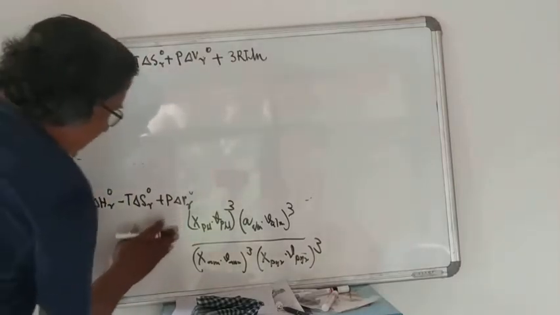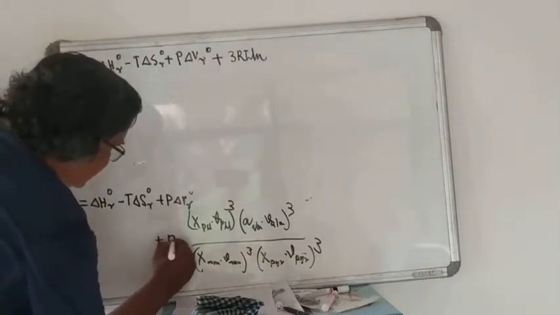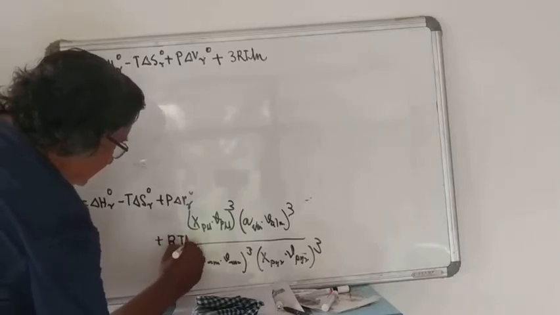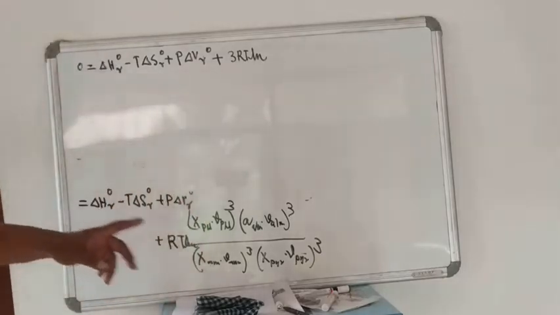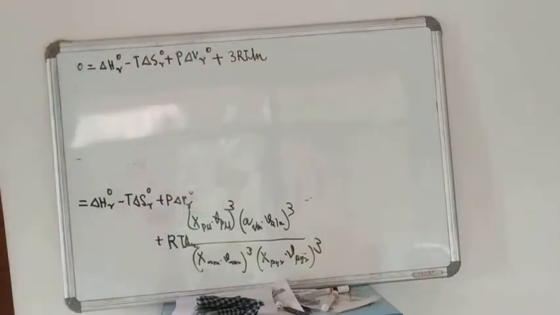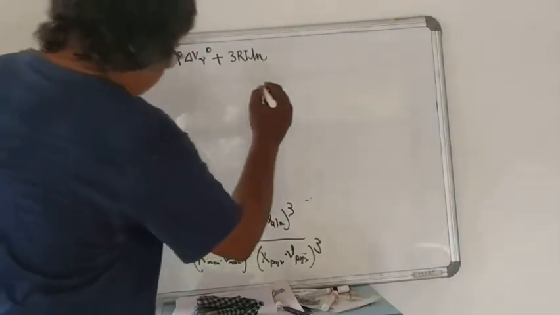There should have been an RT here. I'm sorry for this. 3 RT ln, because it's the RT ln activity. Okay, so it will be 3 RT ln